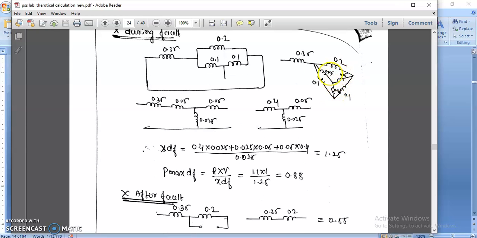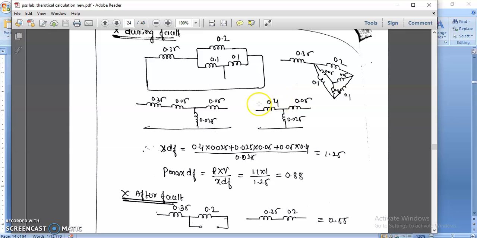Okay, so now let us see. Whatever 0.025 will be there, I am taking here, and whatever delta will be there, now we convert into star. This star is 0.05, 0.05, 0.025. Now just these two added, what are we getting? Before it was 0.35 added, this is 0.4, and this is 0.05 as it is.